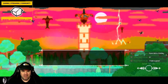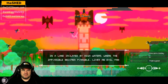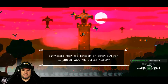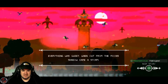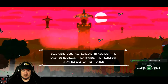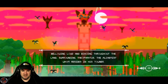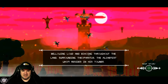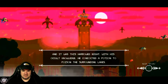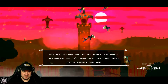In a land isolated by high waters, where the impossible becomes possible, lives an evil man, ostracized from the kingdom of Gorenhelm for his wicked ways and occult alchemy. Everything was quiet when out from the moon's shadow came a storm, bellowing loud and echoing throughout the land surrounding Theo, the alchemist who resides in his tower. And it was this harrowed night, with his occult knowledge, he concocted a potion to poison the surrounding. But his actions had the desired effect. Gorenhelm